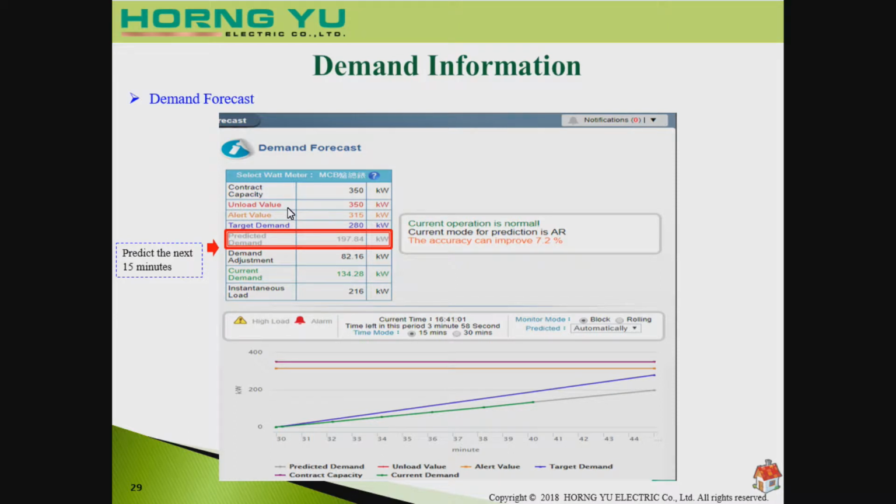And the third one is the predicted demand. This predicts how much power you will use in the next 15 to 30 minutes. This interval can be selected from the middle part, so there are 15 and 30 minute selections. And you can see from this timeline, for example, now it is at 31 minutes, and then it will be showing 15 from 30 to 45. And then for the